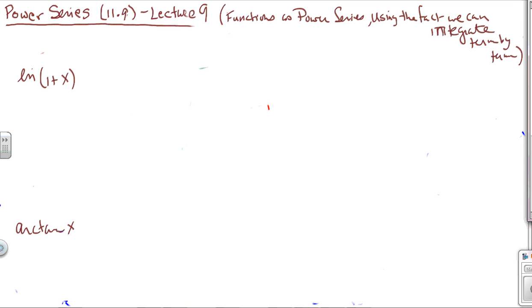Let me just point out that that in fact is a constant plus the integral of dx over 1 plus x, right? Because the integral of dx over 1 plus x, if you use substitution, is ln of 1 plus x. So this is really an ideal situation. Once you recognize this, you can say this is the integral of this power series,